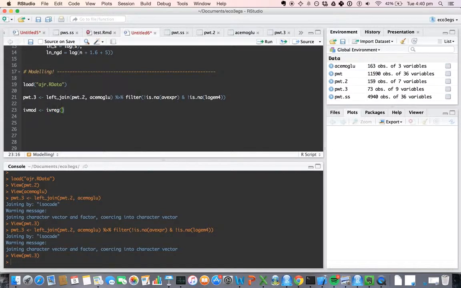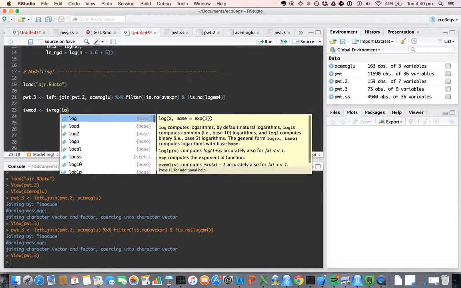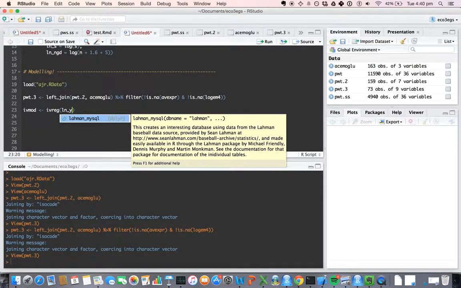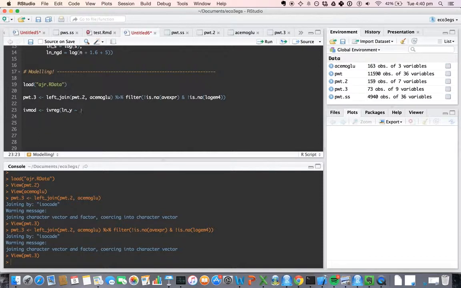My dependent variable is lny. And then we have, as the independent variables, avexpr. That's our proxy for institutions. And then we've got log of savings investment. We're assuming that savings is equal to investment. We're going to make a closed economy assumption. It's probably wrong. lnngd. And our data is equal to